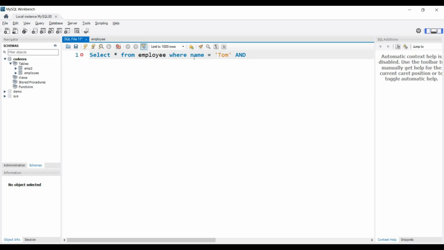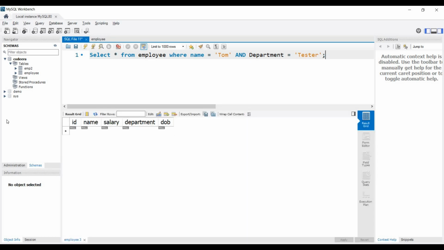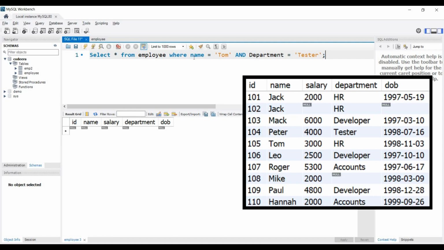Our next condition is department should be equal to tester. Now let's execute our query. There is no record in our result, because here there is no combination of name Tom and department tester. So this is how the AND operator works.